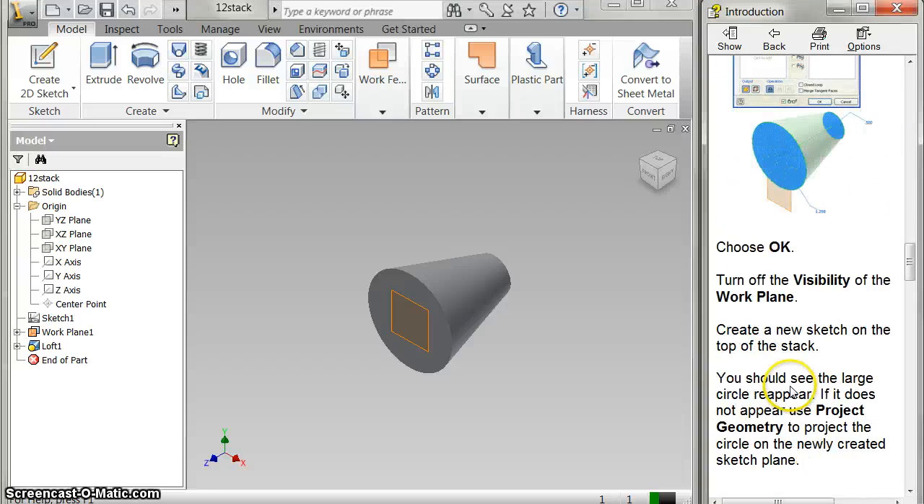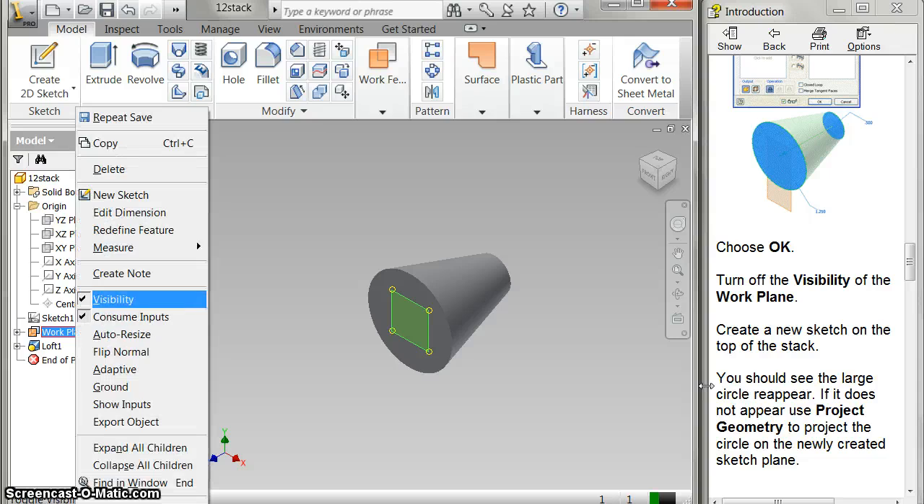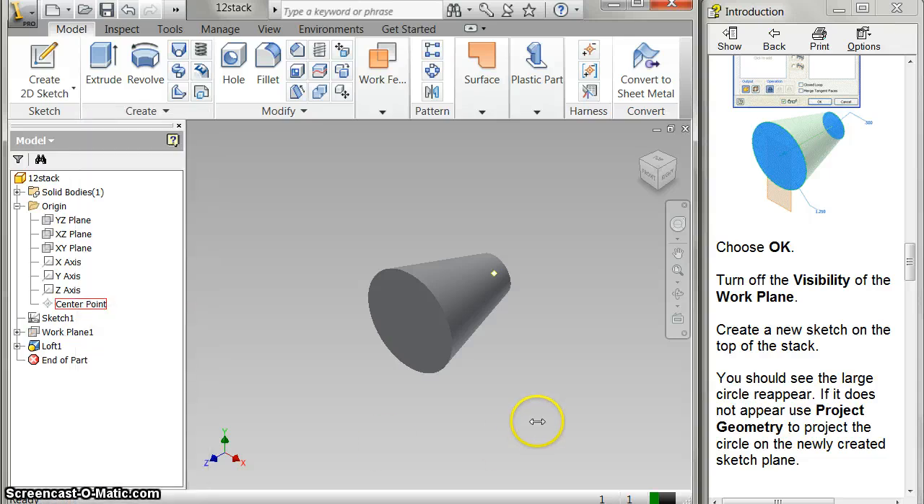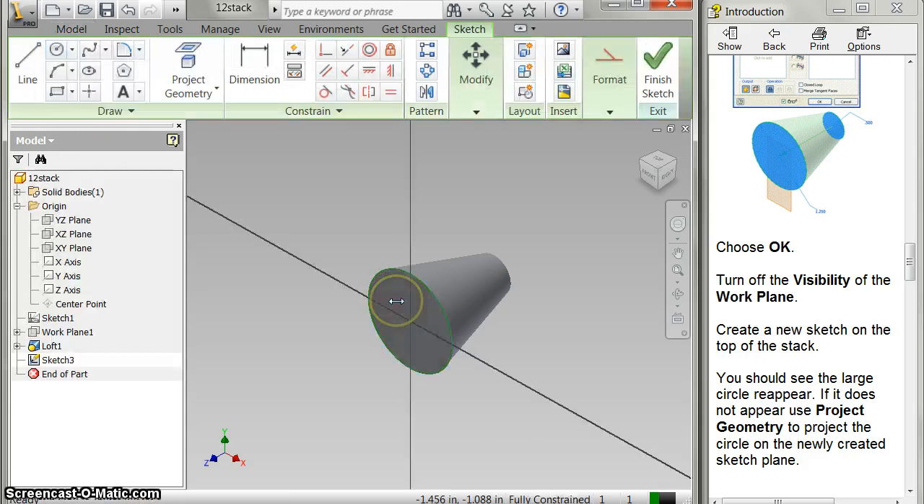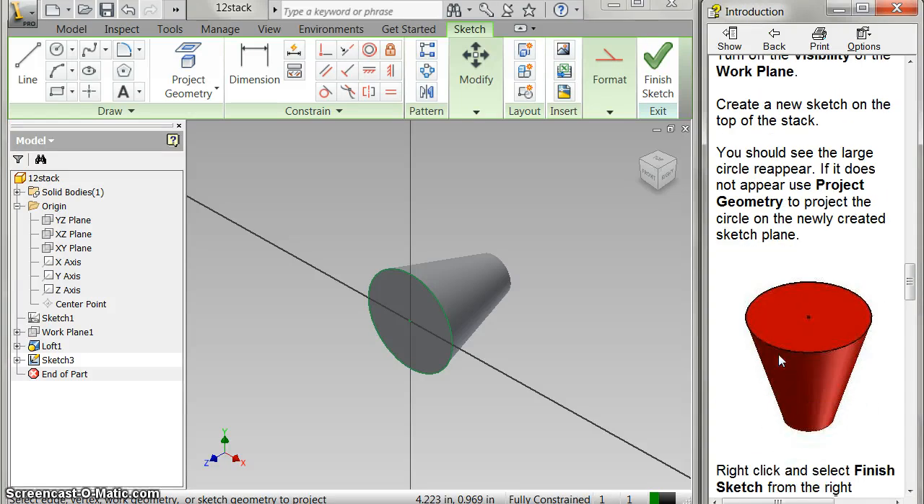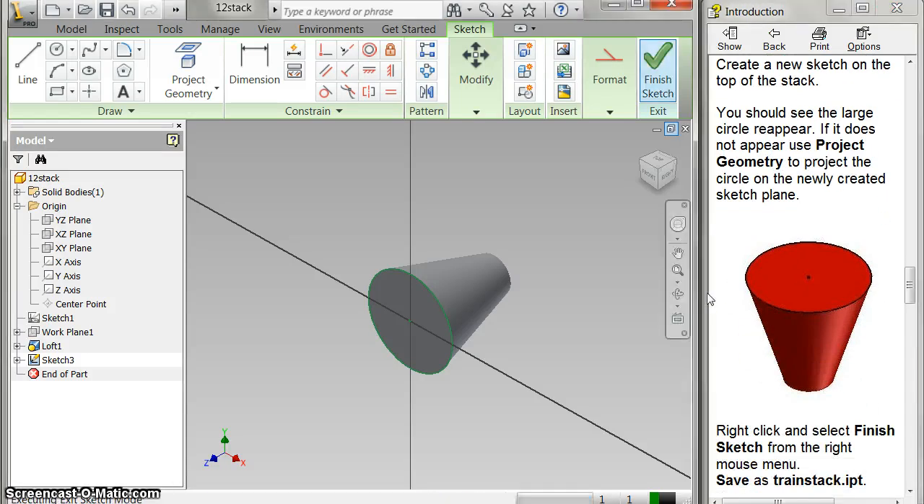And come down to where we are here, okay? And then it's saying turn off the visibility in that plane. Pretty little plane, doesn't really bother me, but I'll turn it off. All right, and create a new sketch on the top of it. Now it says here, if you don't see that, I can see that green circle, so it just made that circle again. If it didn't, I could click project geometry and click here. That's what they mean by that. And so now I finish that sketch,